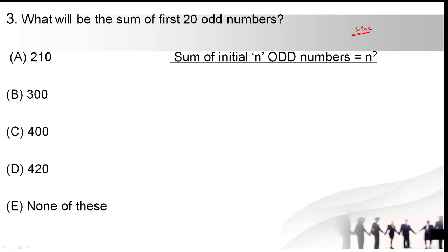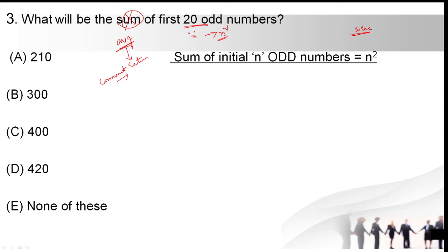Third one, 10 seconds. Make it fast. So the question is the sum of first 20 odd numbers. For n odd numbers, we have a formula that is n square. Okay, let me change the question. Here, you're not supposed to calculate the sum. Try to find the answer of average. And you need to tell me the average for the third question in the comment section. I'll check how many of you give the answers for this. I'll come to check in the next class. I'm going to explain that in the next video.